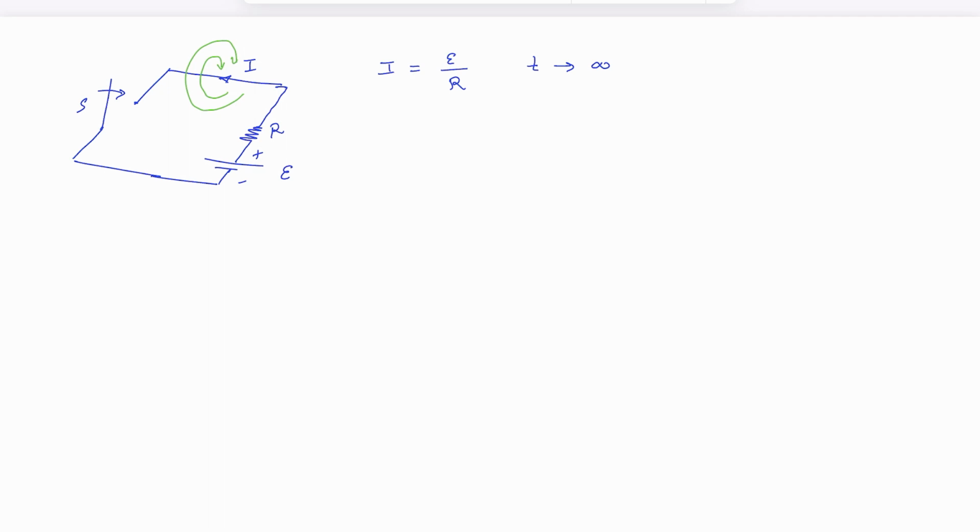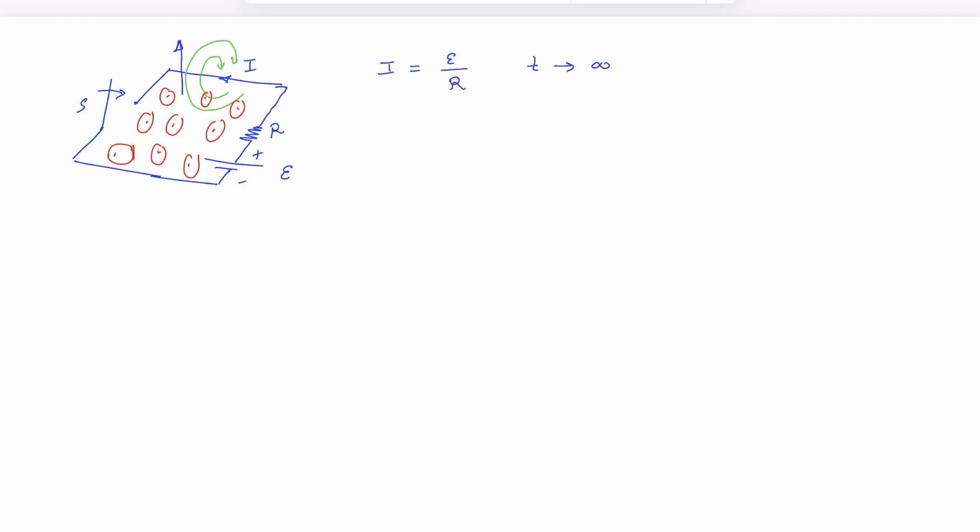So the magnetic field is coming out of the page like this, and because of that the flux is also increasing out of the page,